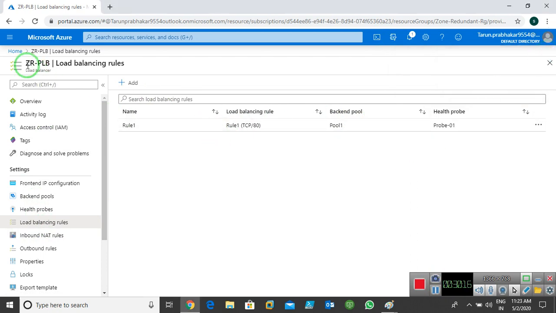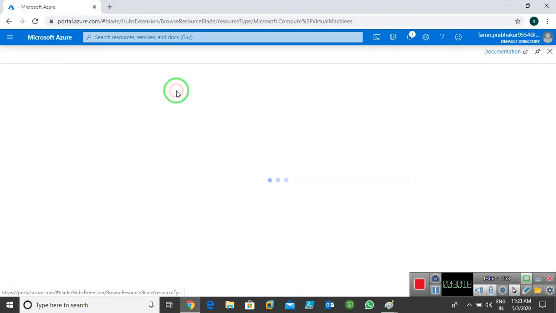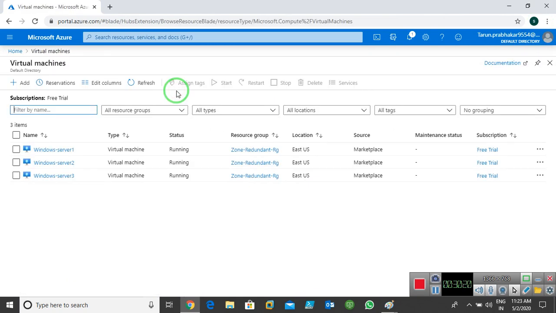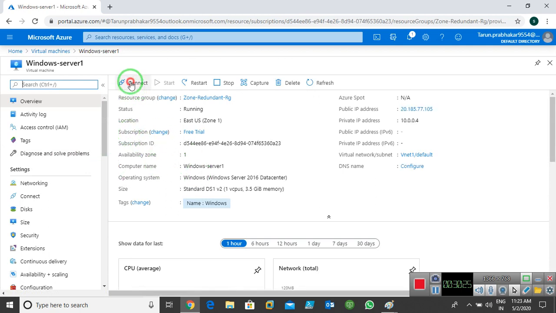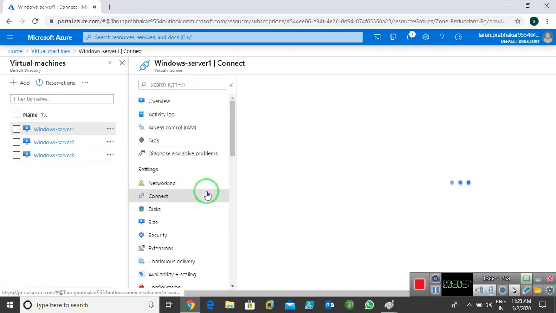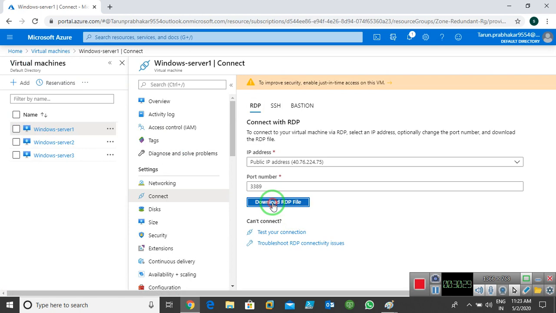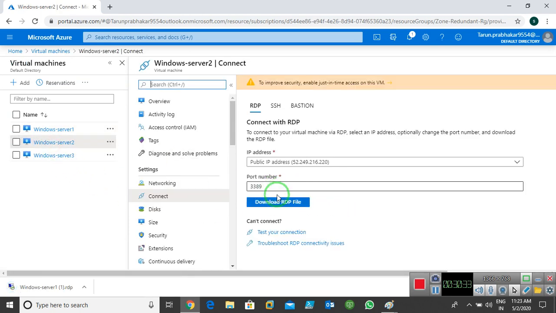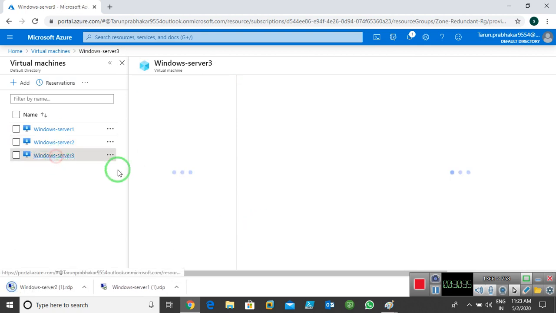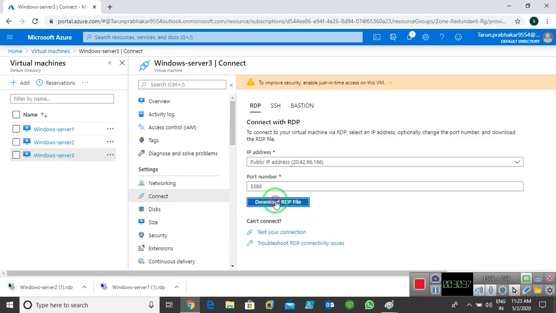Now I'm going to open my virtual machines and make them web servers. So click on Windows Server 1. I'm going to click on connect through RDP and download the files. This is for Windows Server 1. This is for Windows Server 2. And I'm downloading all the files into server 3.